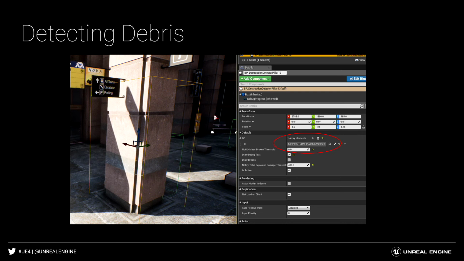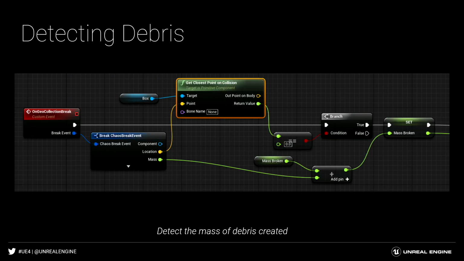We could also have detected the amount of debris. Instead of the amount of destruction, we could detect the amount of debris in the volume. We didn't do that in this demo, but that would be very feasible if you wanted to do something that relied on the amount of debris. For example,